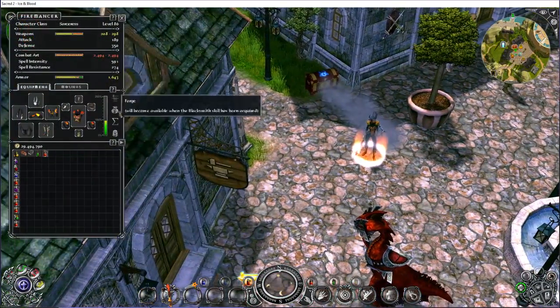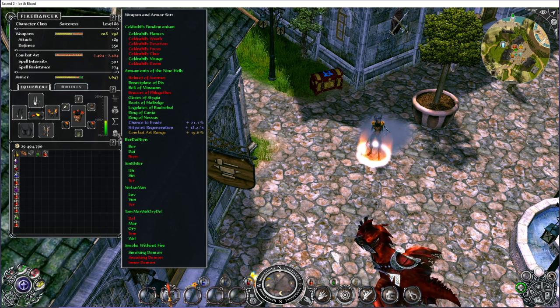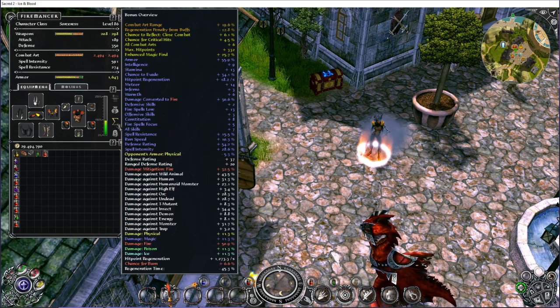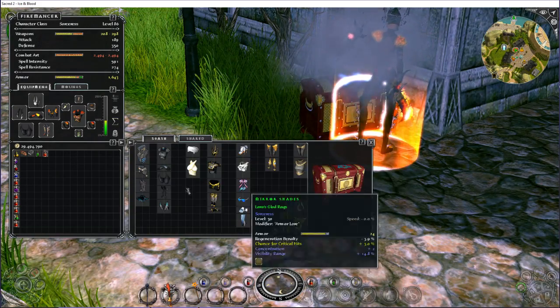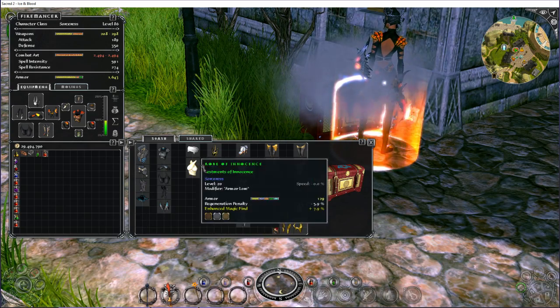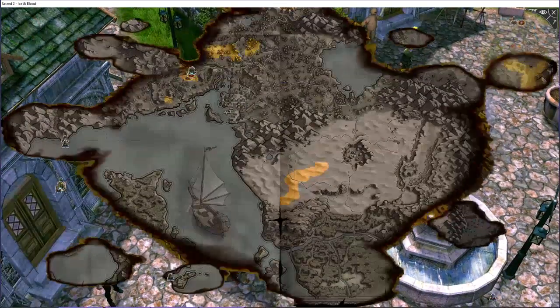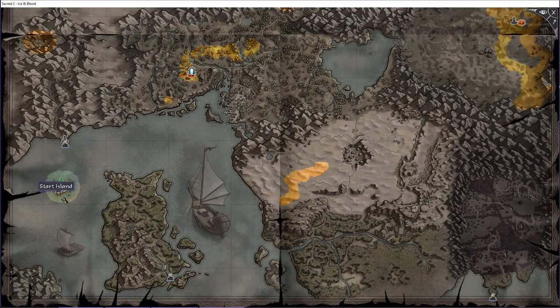Also, let's see, I have a few armor set pieces, and this game also has armor sets like Diablo 2. I have quite a few sets for sorcerers, but most of these don't really work for my build. I'm actually in multiplayer, and this is called